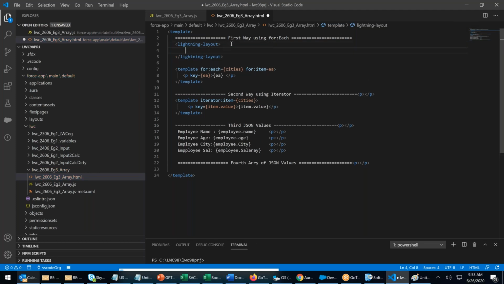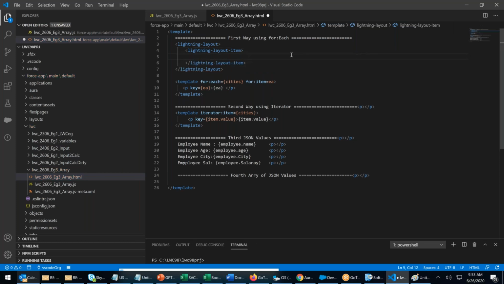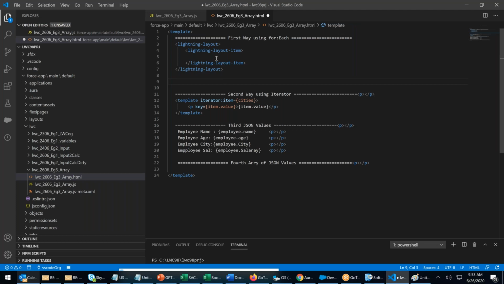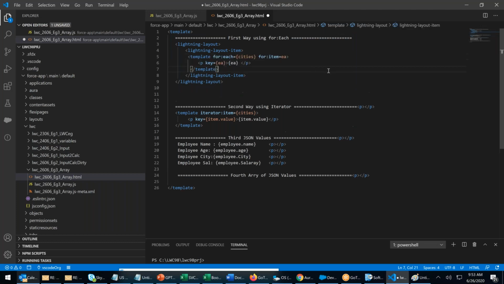Inside the layout, lightning layout item. You can say template, Control X. I can put it inside. All will come in one.